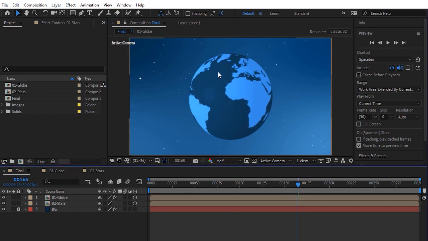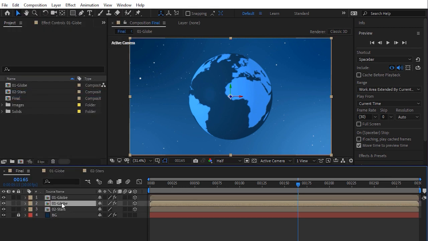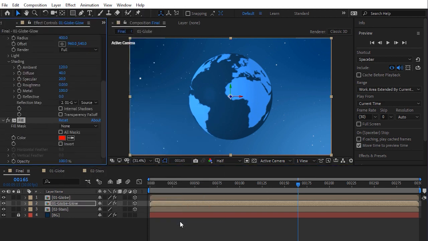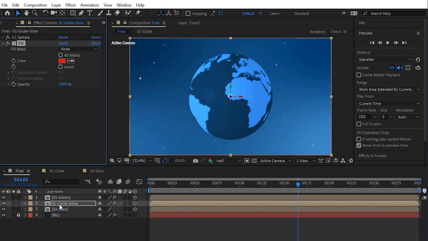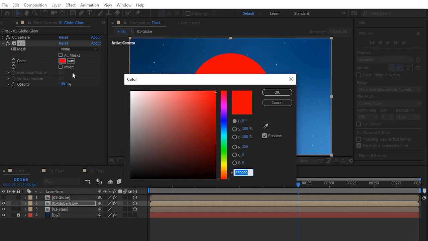Now I want to add a glow effect around this globe. So select globe composition and press Ctrl D, or from the menu choose Edit, Duplicate. Select the bottom globe layer and rename it to Globe Glow. I want to add a color to this layer, so let's add a fill effect. Because this layer is under the globe layer, you can't see it, so let's hide top globe layer. Let's change color for this fill effect. For example, let's change it to